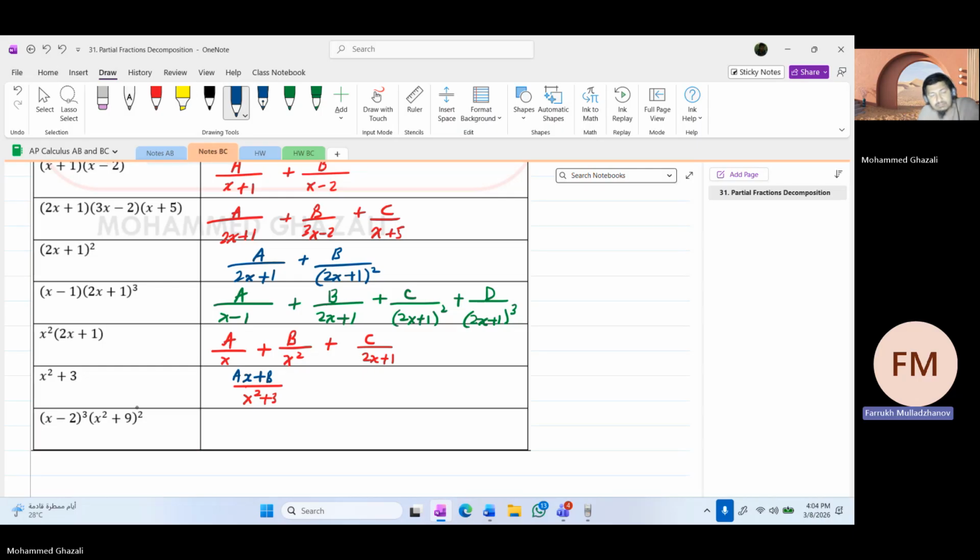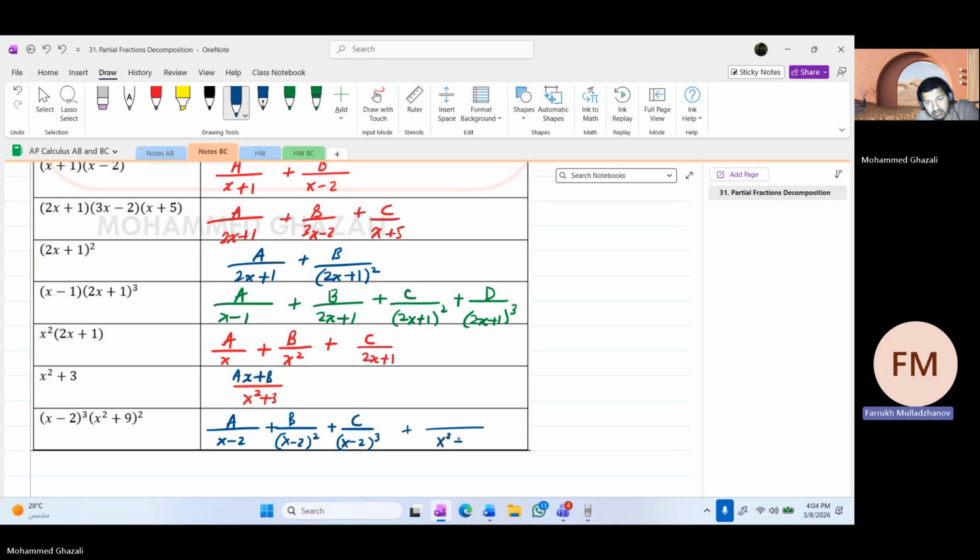Okay, this one will be long. a over x minus 2. You must do one thing at a time. Do this and then move on to the next one. a over x minus 2 plus b over x minus 2 squared. Good. Then c over x minus 2 cubed. Right. This one is done. Now move on to the next one. Plus